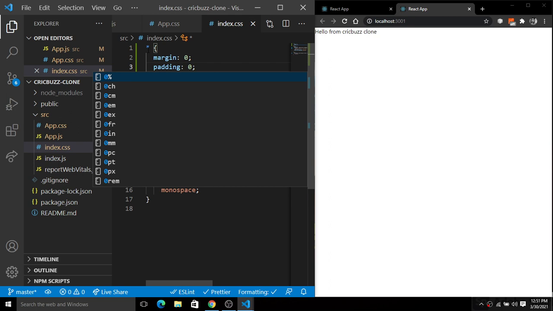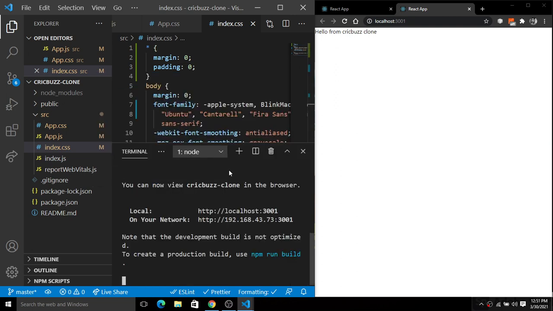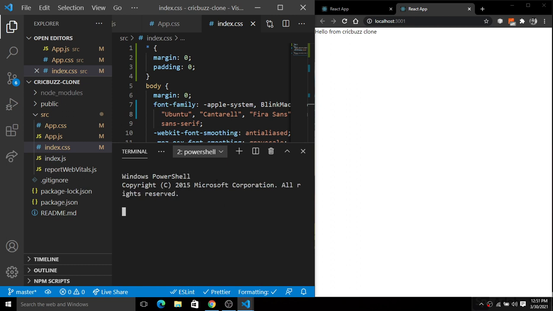Right, so now our next step is to install the dependencies that we are going to use in this build. So here you have to simply open the terminal one more time, and inside of the terminal you have to simply import the Material UI core, icons, and the things that we are going to use here. So here I will simply import the Material UI core. So let's open the terminal, and inside of the terminal simply fire the command npm